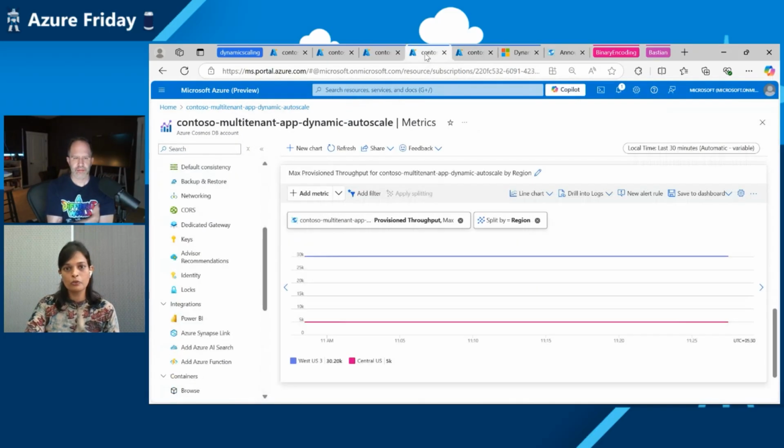And I would also want to call out one more thing, Scott. Apart from the cost savings, this feature also helps us in other ways. Like this helps us to reduce the impact of suboptimal partition keys because in this scenario, only the hottest partition scales to the maximum, unlike the traditional autoscale where all the partitions used to scale to the maximum. So the impact is reduced because of this feature.